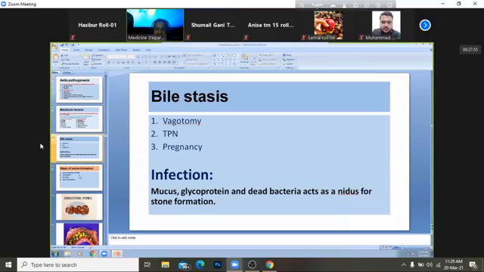So under the pathogenesis of gallstone formation, we already just mentioned that for cholesterol and reduction,